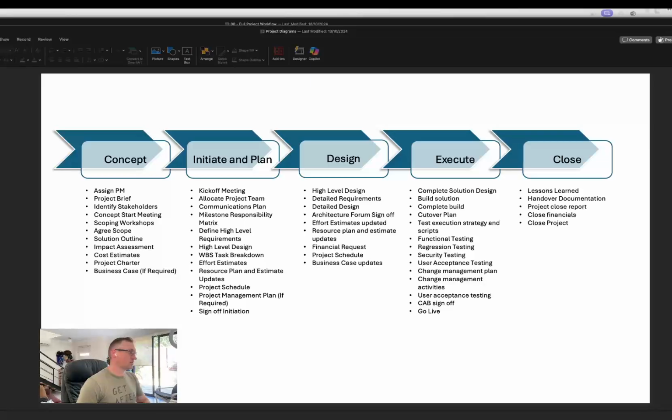Hey team, I'm just going to take you through a project workflow that I've built. It's for generally large projects, so 250,000 to 20 million in size in the IT space. Generally run by companies that turn over close to $1 billion, if not more, because they need a good comprehensive workflow for their projects. But if you're running projects in your business, you want a similar kind of workflow and